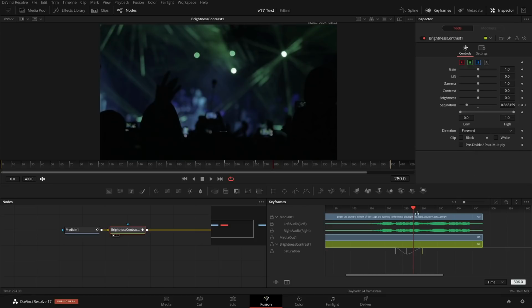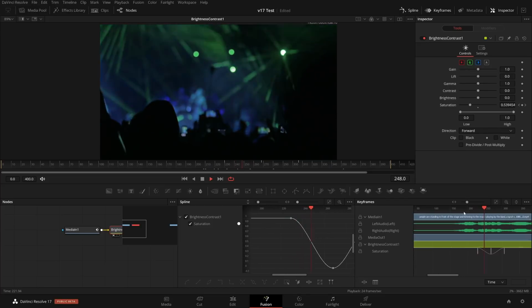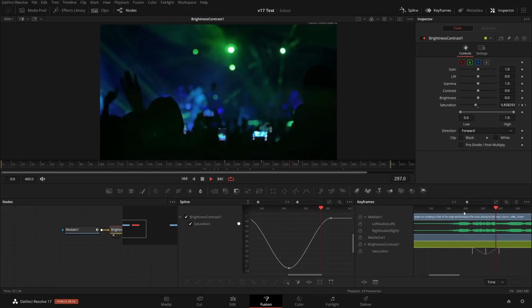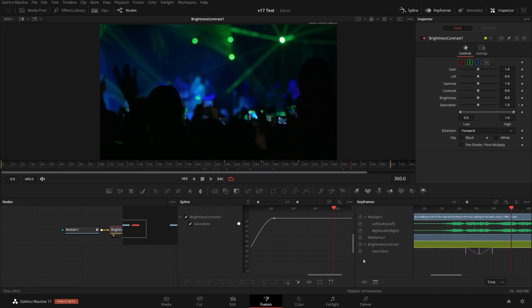Right, so you can smoothen something and then move it around. So you have this level of control, but then of course if you want more, you go into the spline editor where you have your spline handles and everything. So now I have a saturation effect which goes with the music. You can probably do something more creative, but just to show you some ideas about the keyframing.